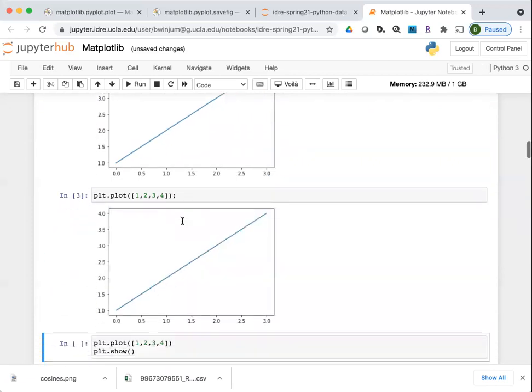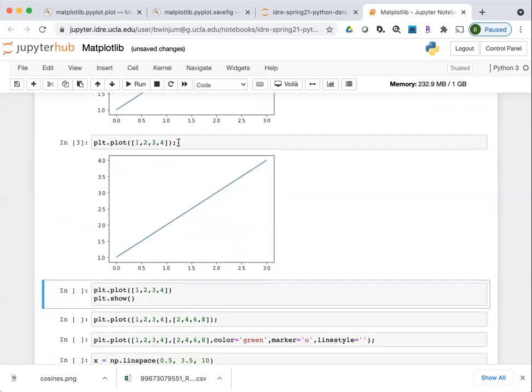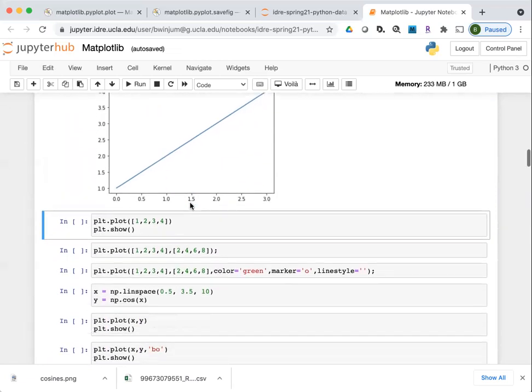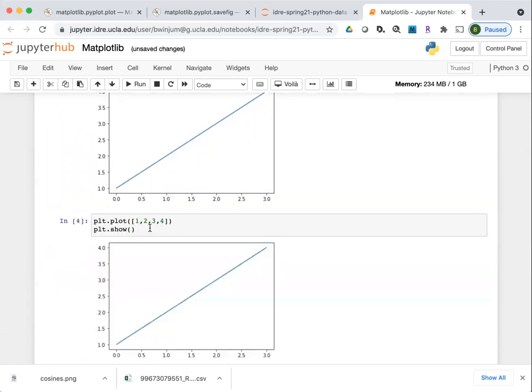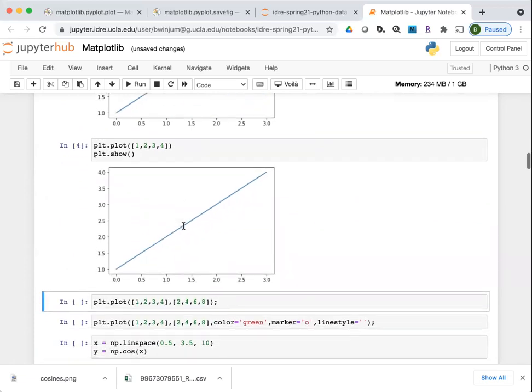One thing, if you execute the next cell, this is exactly the same command, but I put a semicolon at the end. In this case, the semicolon tells it not to output the particular object that's generated, so you don't see that line. Alternatively, you can come down here to this cell, plt.show. The show is just a method to show the graphic that's been generated.